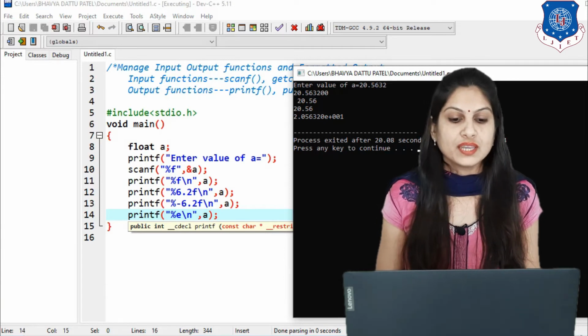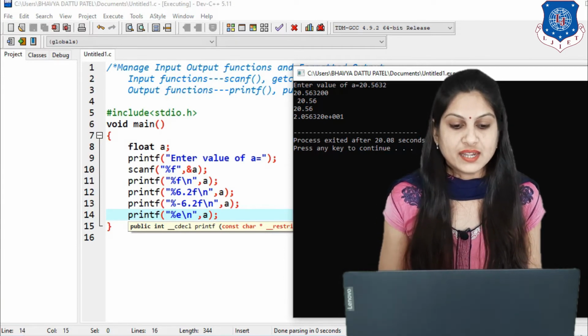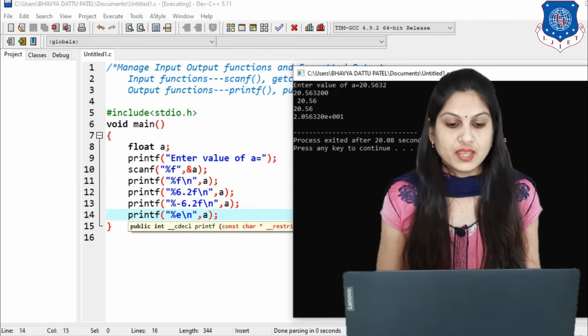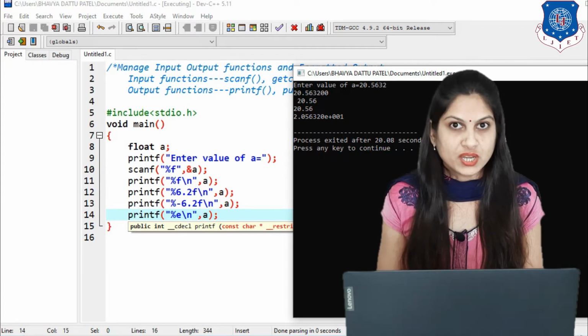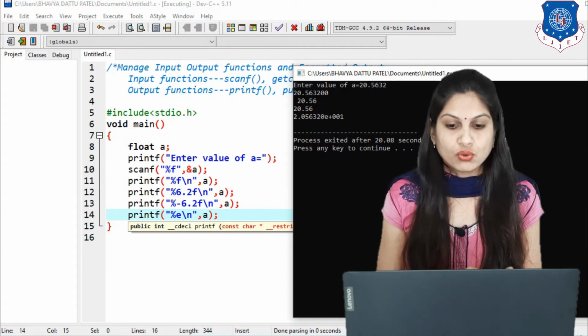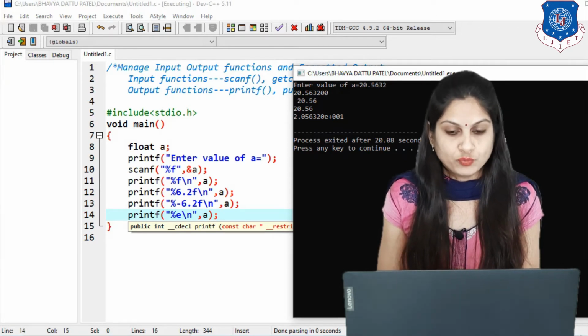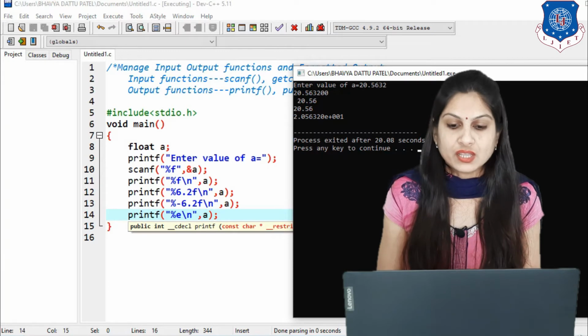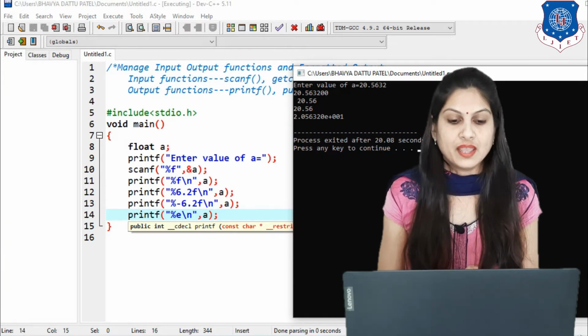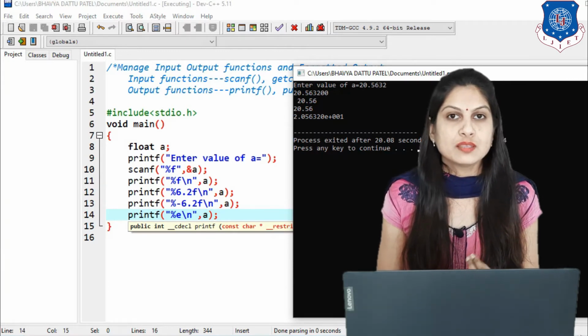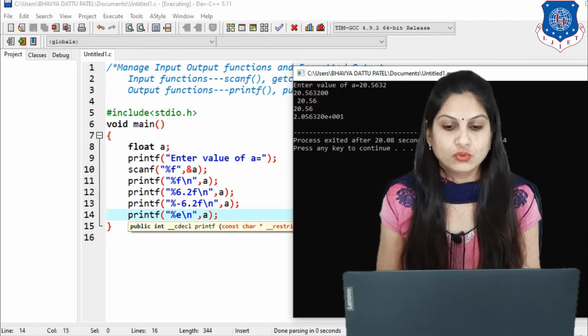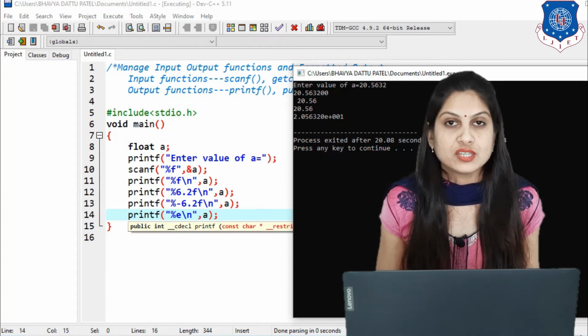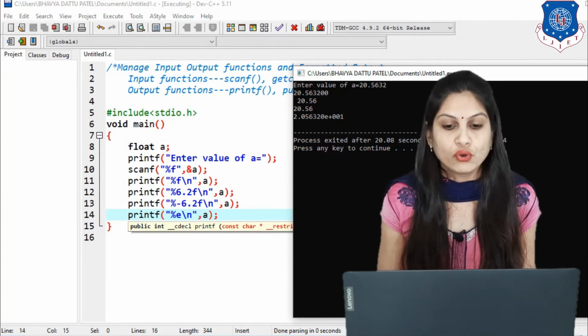Then in the second printf we are writing %6.2f. That means 6 blocks will be allocated for that number. So the 6 blocks will be created in the second output, starting from the right hand side, and after the point it puts only 2 digits. So our output is 20.56, with only a single space before it.